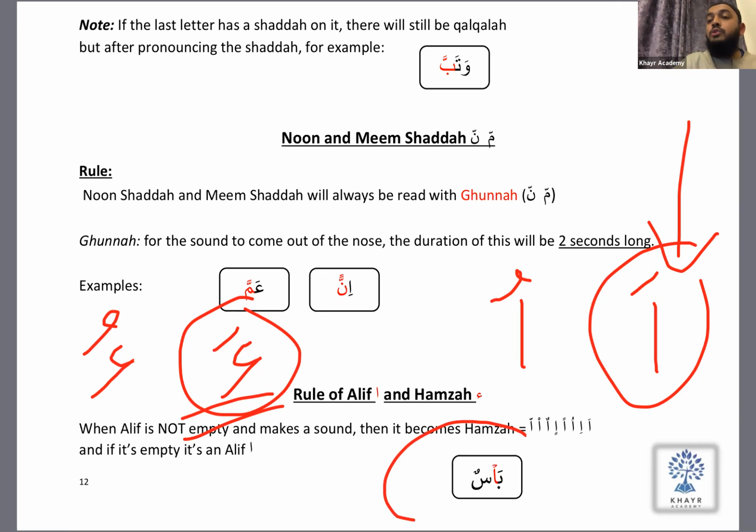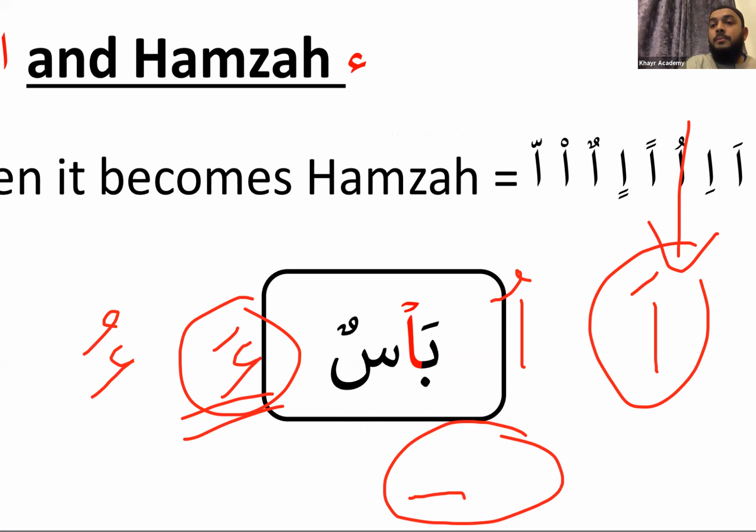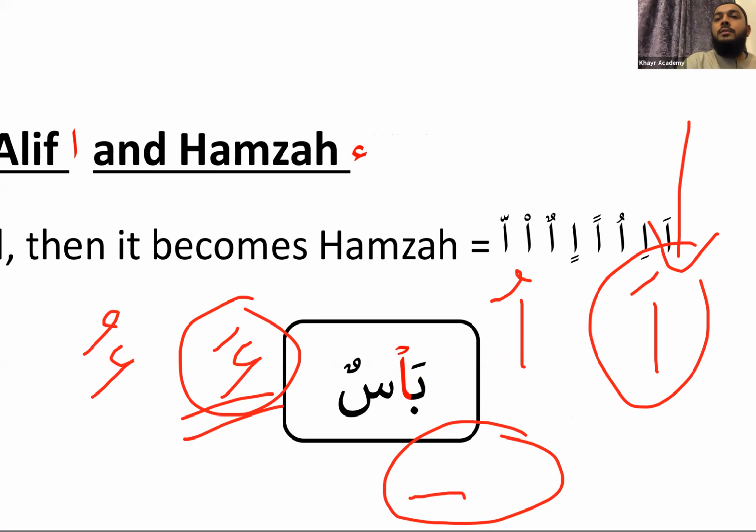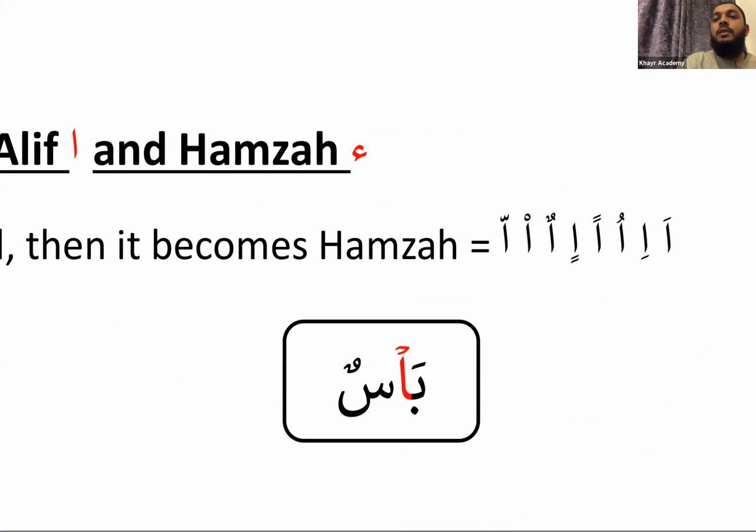How would you read this one then? This box. Remember, the alif is working. It's not just there for the sake of it. It's got a sakin. So would I say basun or ba'sun? Ba'sun, yes. Let me give an example. Let me just take the rest of it off.